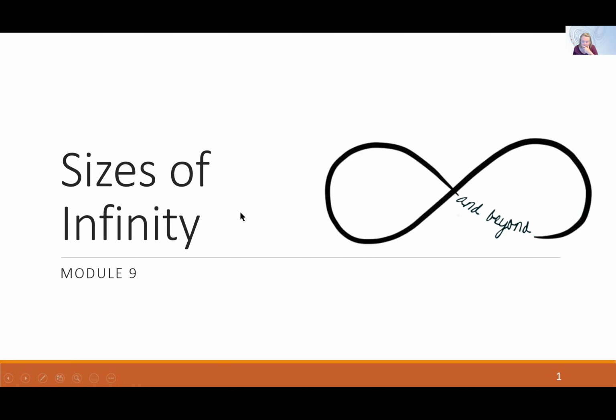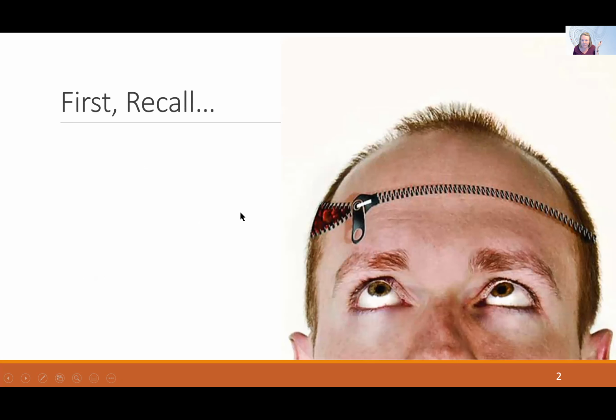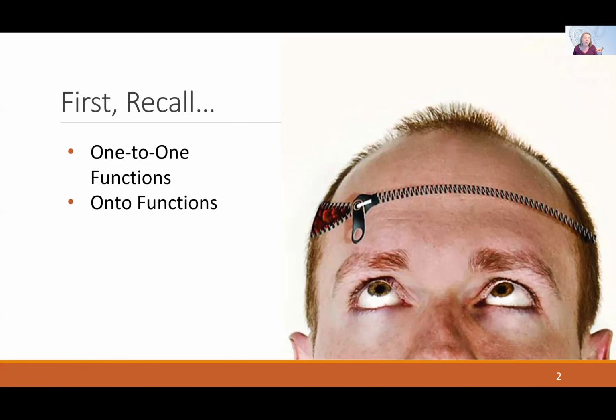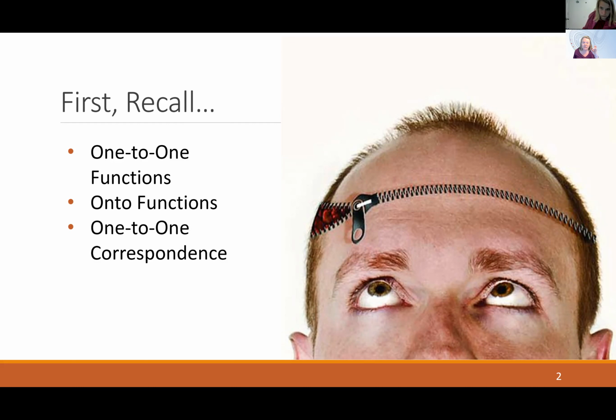So to start with, we first need to recall a few things from our study of functions. We need to remember what one-to-one functions are. We'll need to remember and use what it means for a function to be onto. And then we'll need to recall what it means for there to be a one-to-one correspondence between the domain of a function and the codomain of that function. Okay, so as a quick reminder,